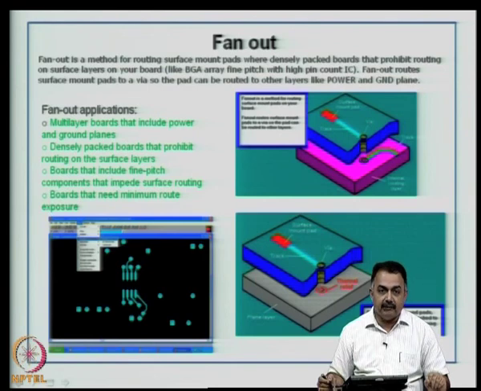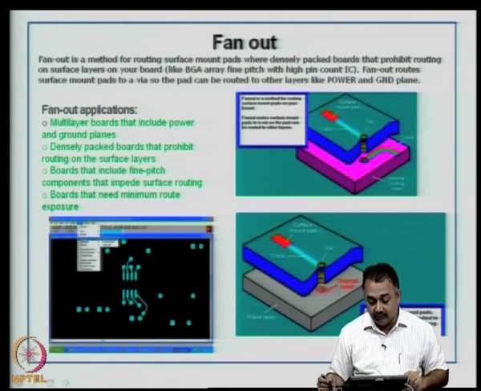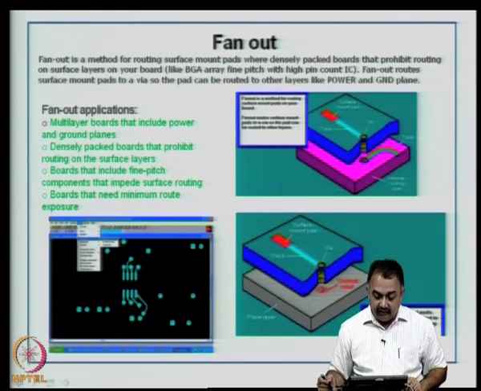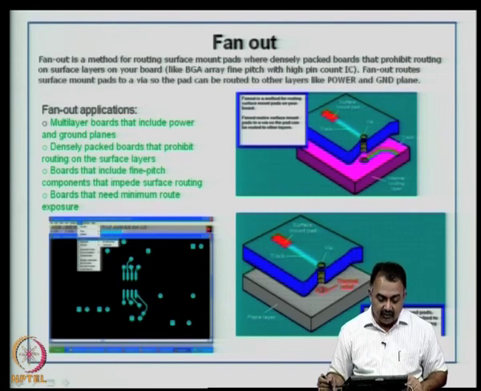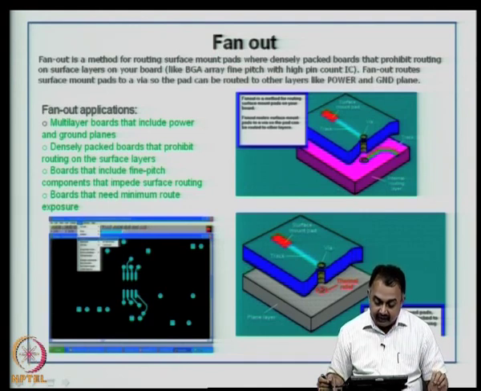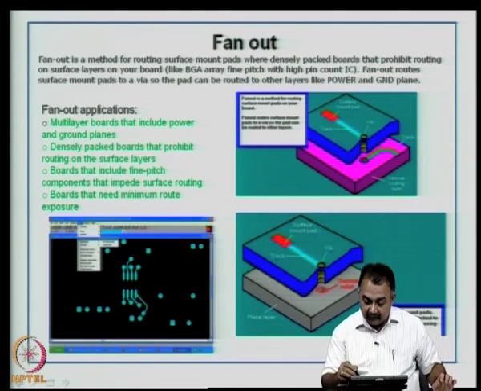Another important aspect that you will have to look at is what is known as fan out. Fan out is a method for routing surface mount pads if you are using surface mount components, where densely packed boards prohibit routing on surface layers, like a BGA fine pitch component with a large number of pins, high pin count. Therefore, if you look at this figure here,